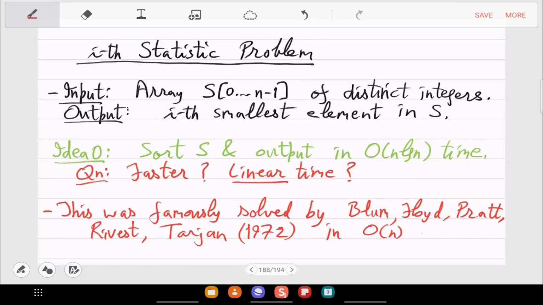In linear time. Okay, and the solution is by divide and conquer, but it's very clever, and it will introduce a new concept as well. And it's easy to implement, so we'll do this in detail.